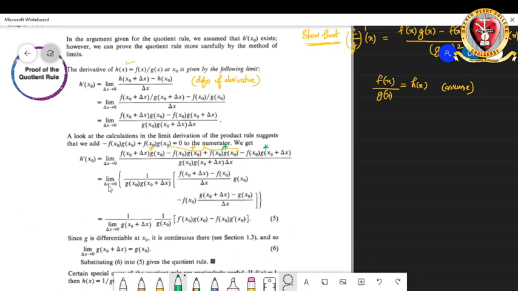Or I can write it like this: limit of delta x tends to 0, 1 by g of x naught into g of x naught plus delta x is the first term, into limit delta x tends to 0, the second term, f of x naught plus delta x minus f of x naught divided by delta x into g of x naught